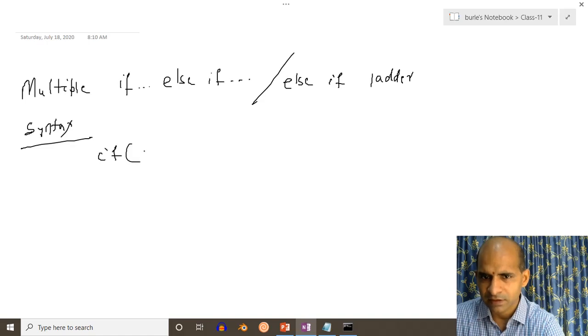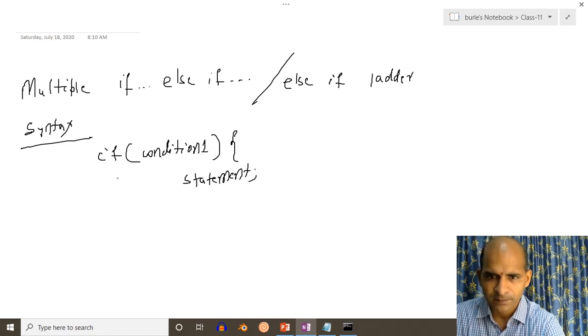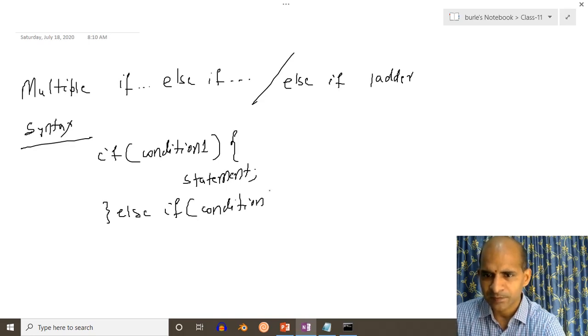If you are going to use condition 1, whatever you have, then statement. Then here, another condition you have to apply, else if condition 2, and you can go for a statement.